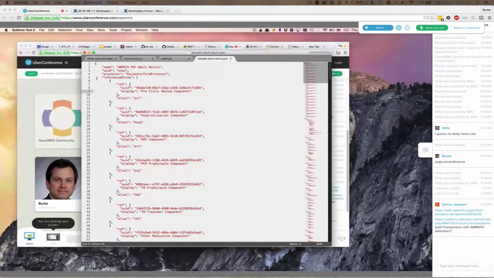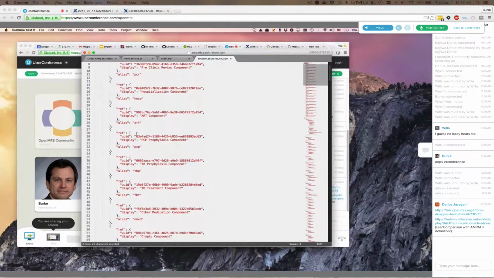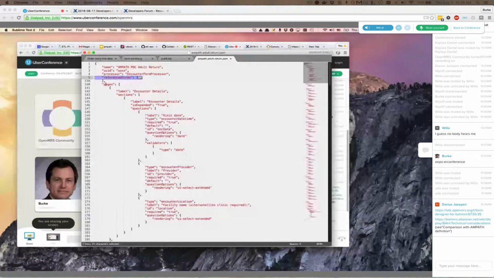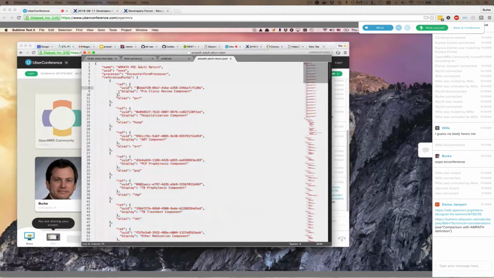So we have that array that is listing all the components or forms you're going to use in your schema. And if you have noticed, in each component object, there's an alias. The alias you define here has to be defined once. You cannot repeat it. Otherwise, I think with JSON the last one will take precedence. That is the one that is going to be used to refer to the components, to the sections in the component you're referring to in your schema. I'm not sure I'm making sense.